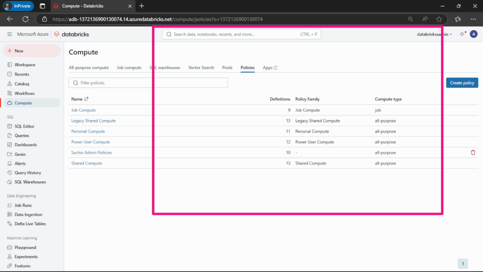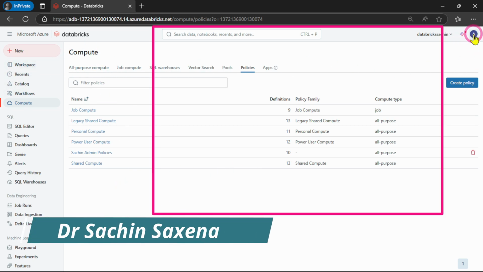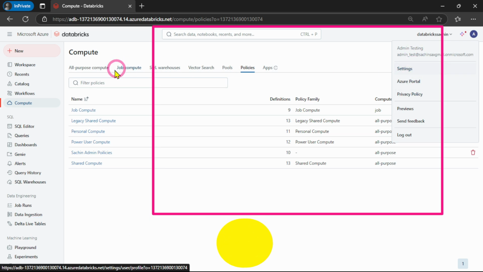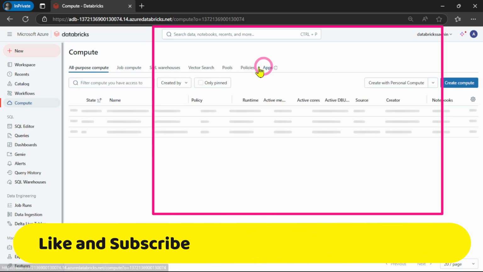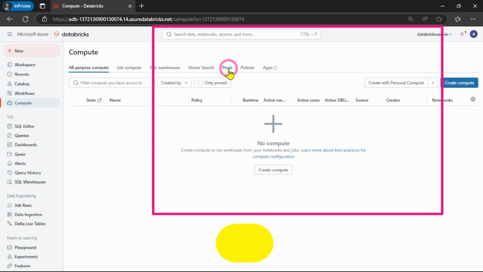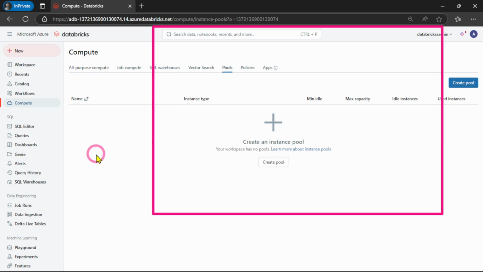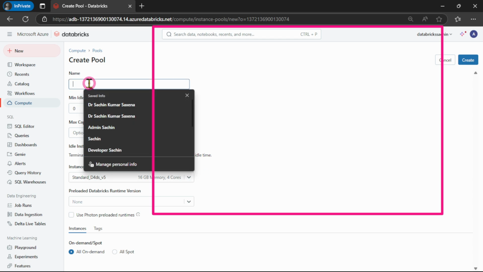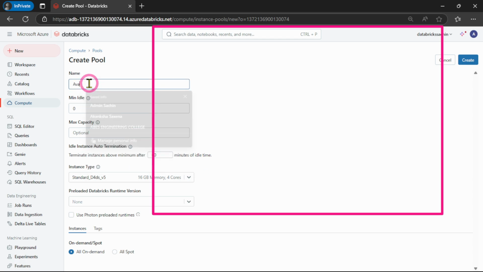Okay, now I'm going to create cluster policy pools in Databricks hands-on. Now inside this, jump to the Sachin admin. I'm here inside the Sachin admin, and I'm going to click on the compute option. Here you can see this is showing the pool option. Inside this pool, I'm going to create a pool. I'm going to name it available pool